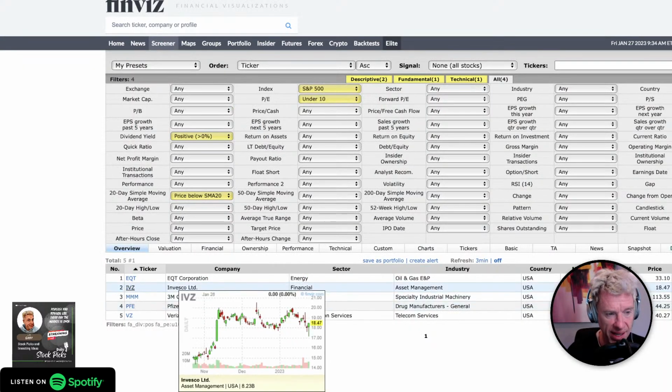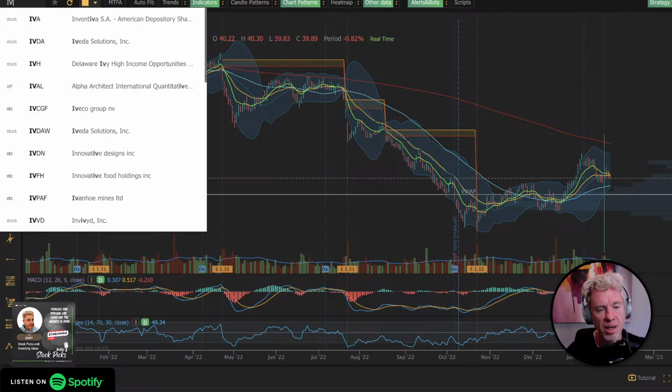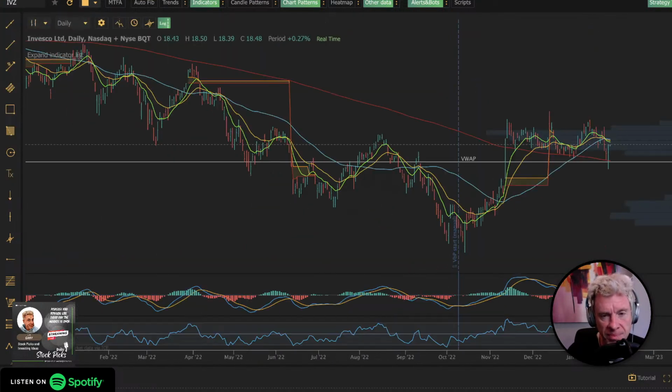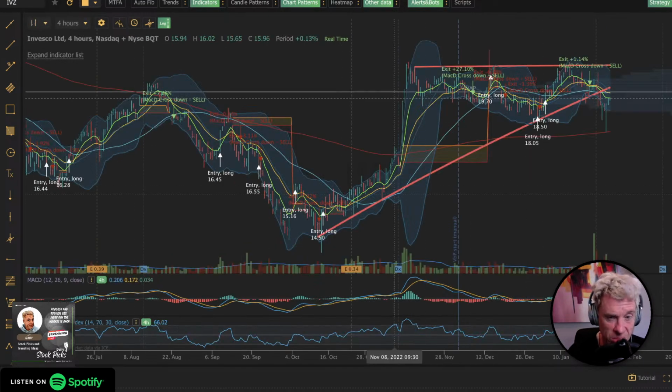Let's look at, I haven't even looked at Invesco, IVZ. Let's look at IVZ in the algorithm. This is one, ascending triangle. I mean, God, look at this. That did really trade 1% yesterday. You're at 18. You came in here at 14, got you out with a 27% gain, got you out with a 1% gain. You're out of it right now, but that MACD's crossing up.